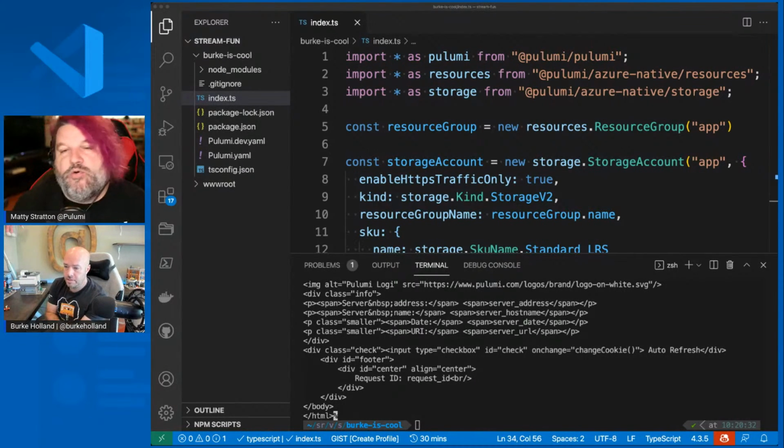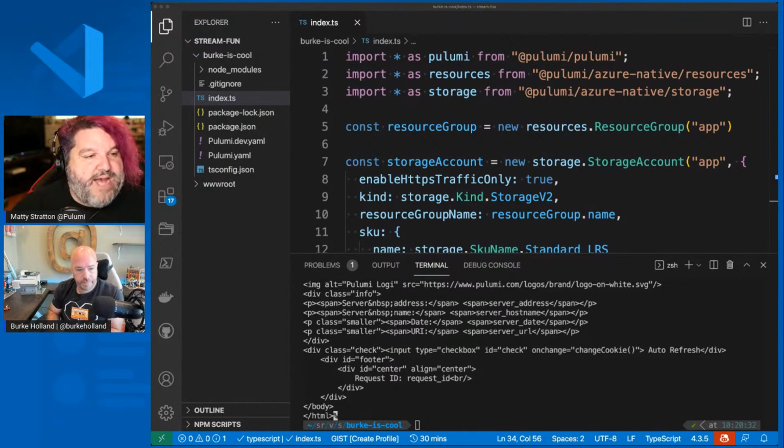And then also when we think about the ideas around policy as code, where you can say these are the policies from a compliance perspective that our Pulumi programs have to match, and I want to attach a policy to a stack or a project. That's all part of the enterprise offering.